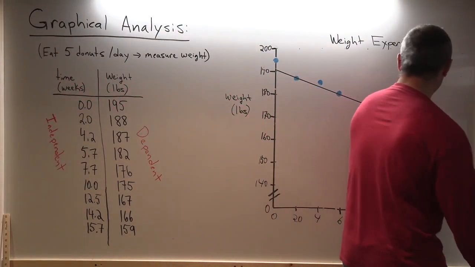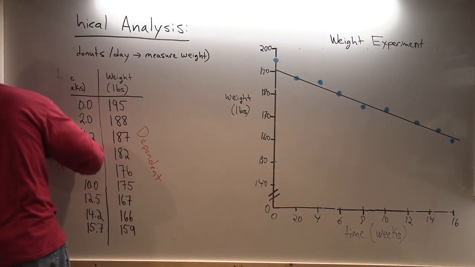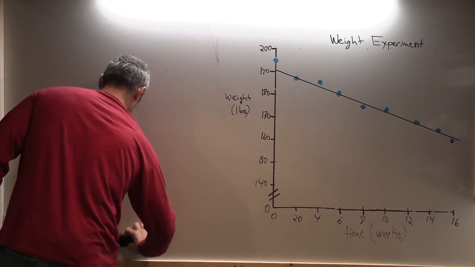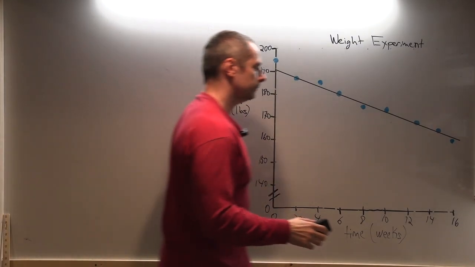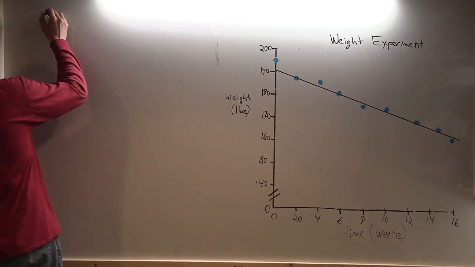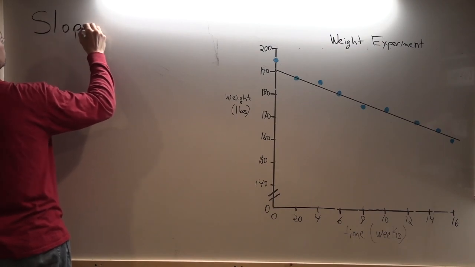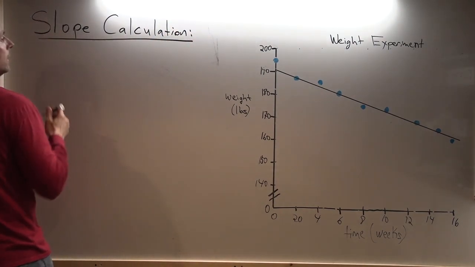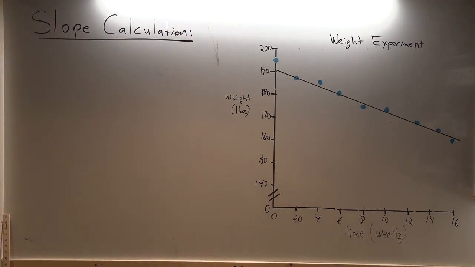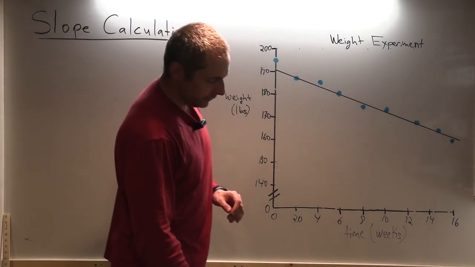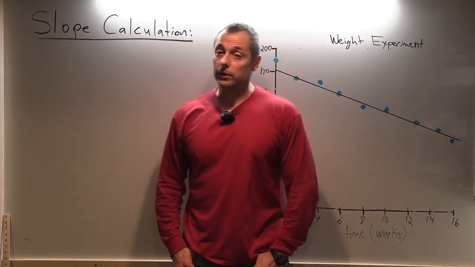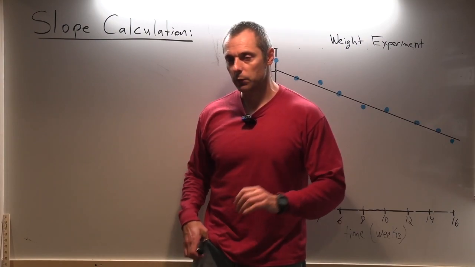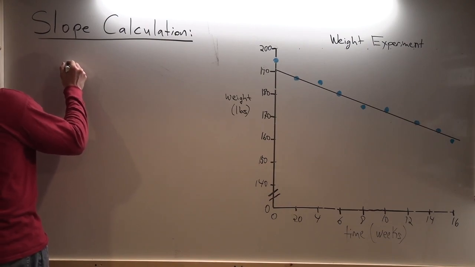And the Regents is very picky with that as well. So let's take a look at what you have to have in a slope calculation. Okay, all physics calculations on the Regents and on our unit tests have to begin with an equation first. And what that means is all symbols, no numbers. Step one, always an equation. And the equation that we're going to be using is slope